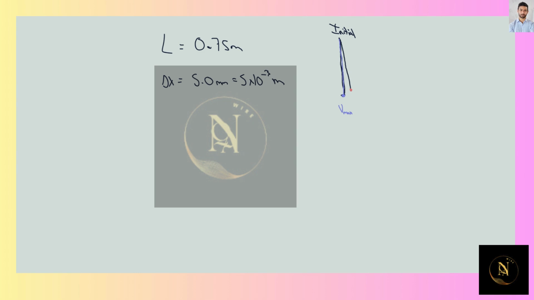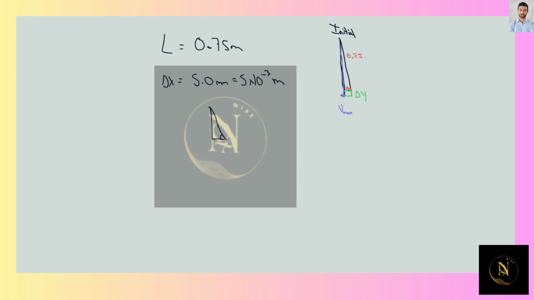What we can say from this picture is that we're going to have a change of altitude, delta y, due to the displacement that we have on x. And this change of y is going to be related to the length and the value for delta x that is given to us. Simplifying this triangle,